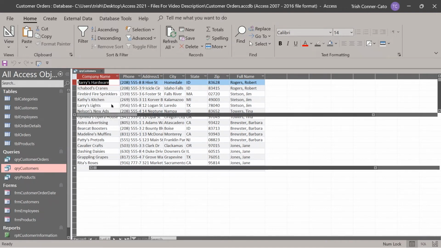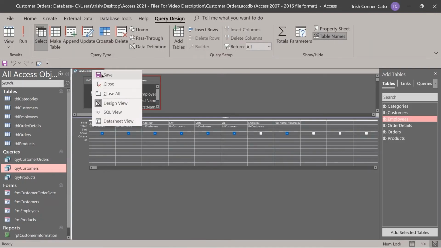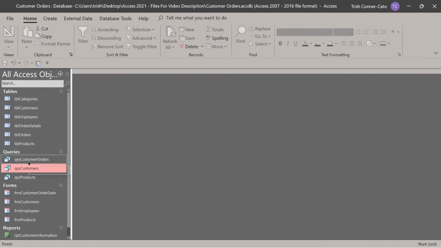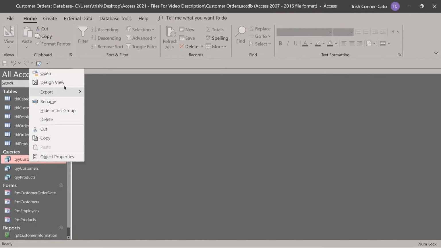And you can go back to design view, save your query. We're going to modify the query we created earlier where we tested out our join types. We're going to add more fields to the query, and then we're going to end up creating 2 calculated fields in the query. So we can go ahead and close this customers query and open your customer orders query in